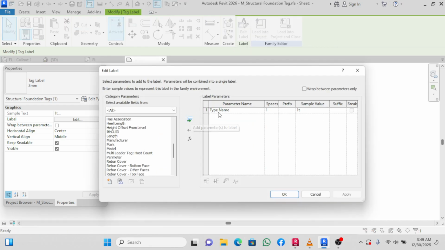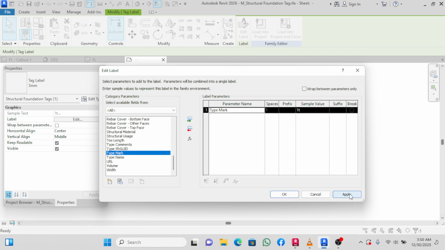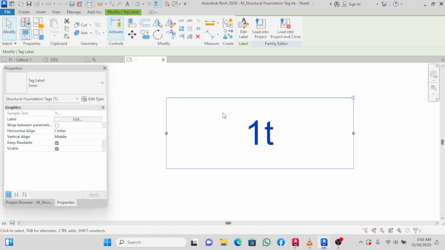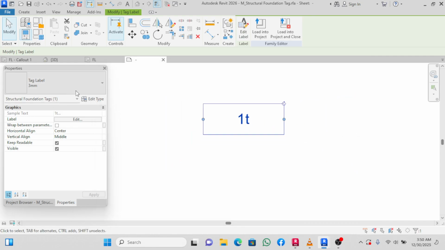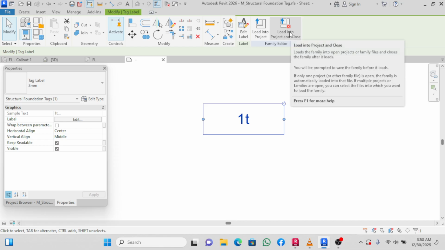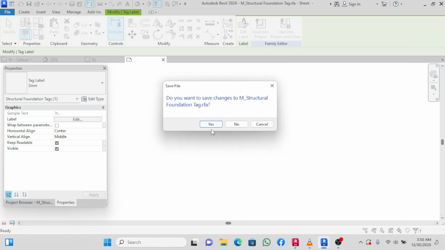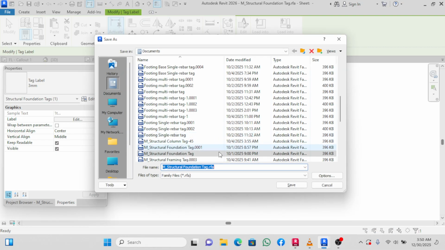You click on this one and remove it from there, and look for type mark. Type mark is here. You bring that one, apply, okay. Then we can save this one, load it into Project and close. Okay, we can